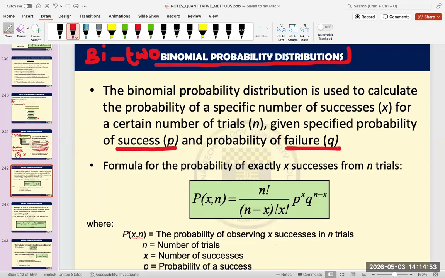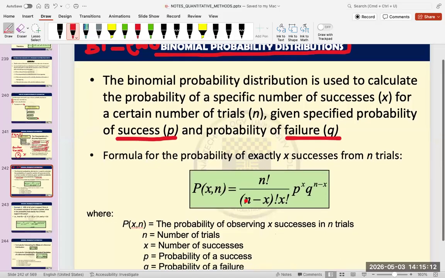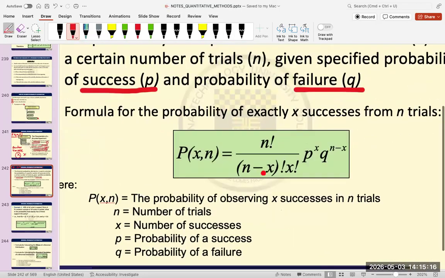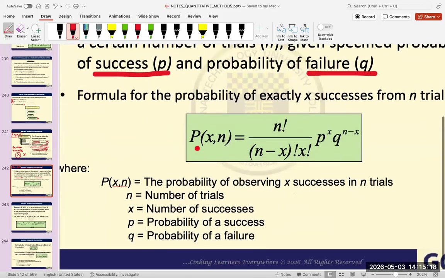These are the two possibilities that is making this probability have its name as binomial. Okay. So anytime you are asked to find the binomial probability distribution, this is the key formula you use. And it is as you see on your screen, probability of a random variable X going through a number of trials, n